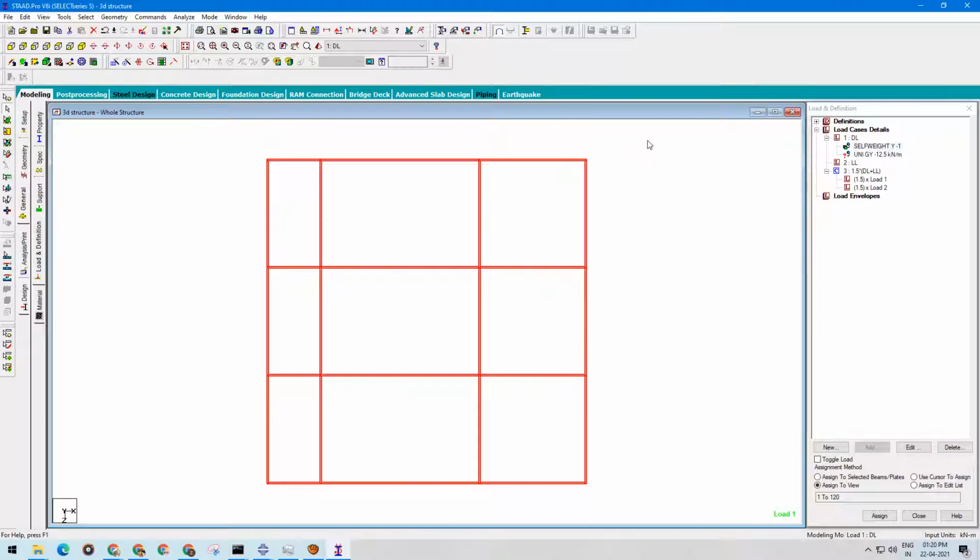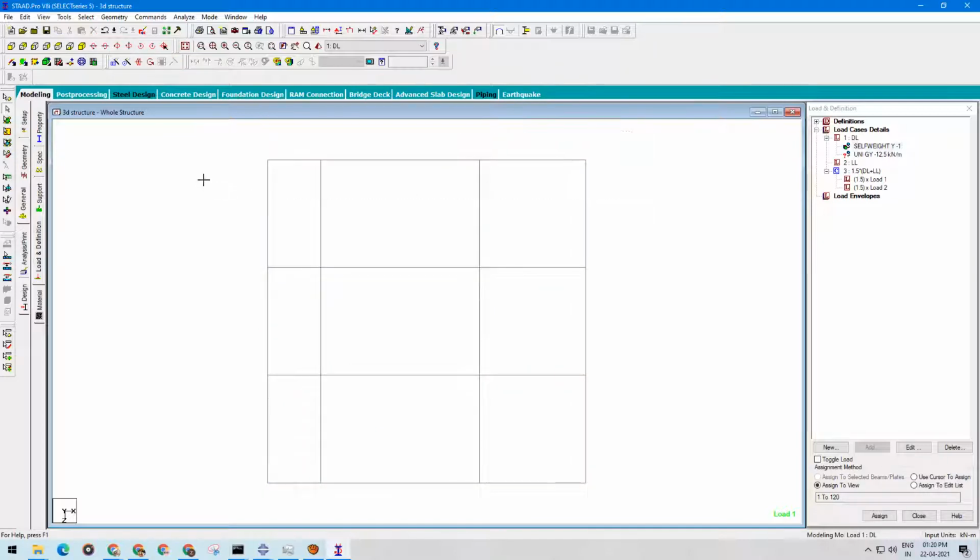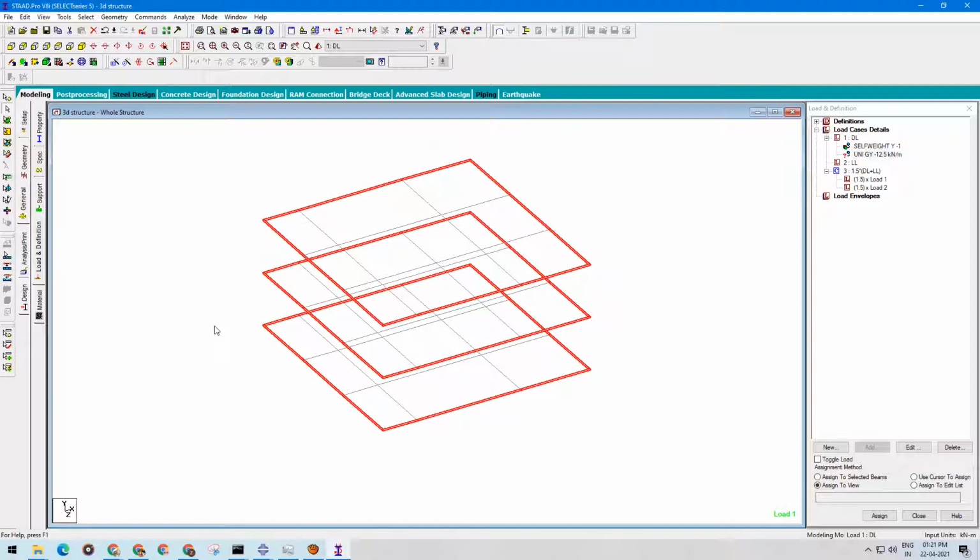Then we have to select these periphery beams over here like this. You can see all the beams on the periphery have been selected, but this masonry load will be acting on the first floor and the second floor only, because this is the roof. On the roof, either a parapet wall would be acting over here, or